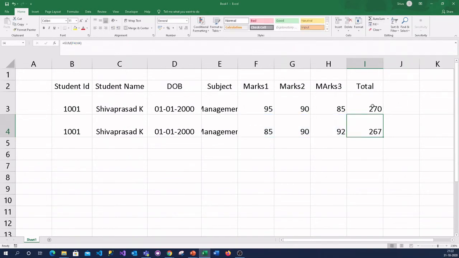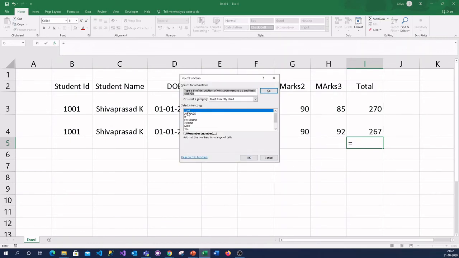Now you need the total of these two. What you can do is either select these and click on auto sum, or you can click here and put the formula with equal, or you can even click on the cell, go to insert function here on the top, and click on sum.